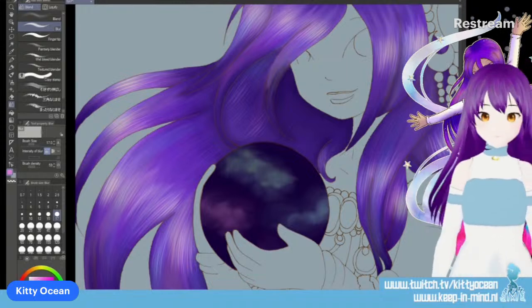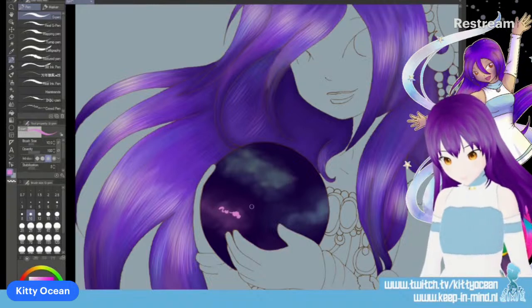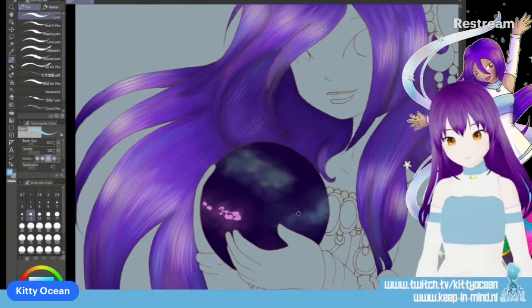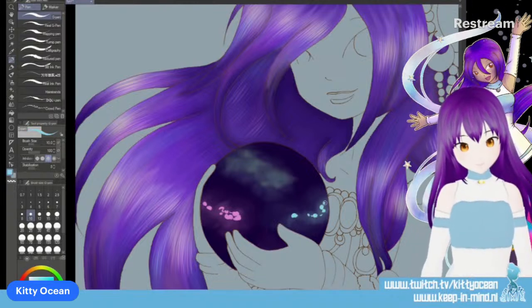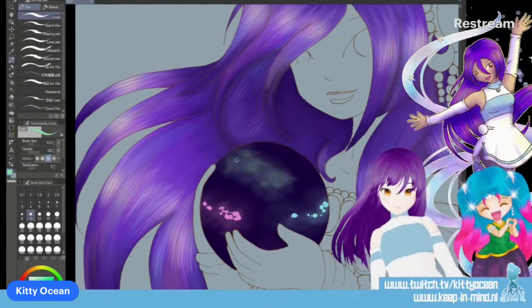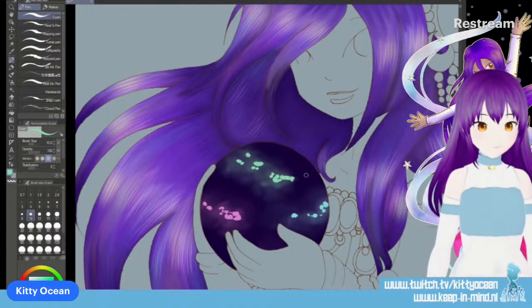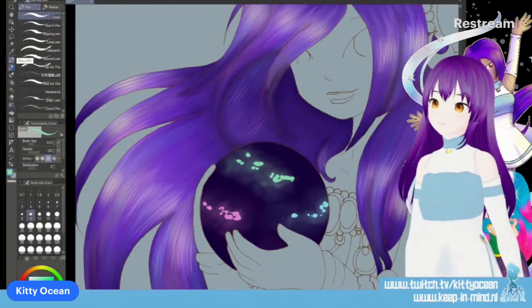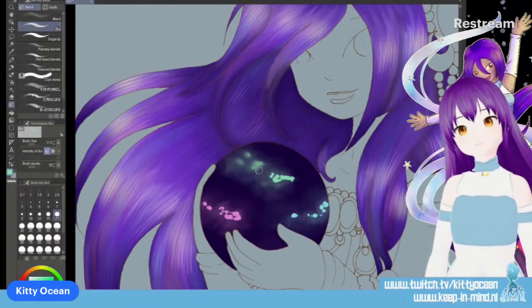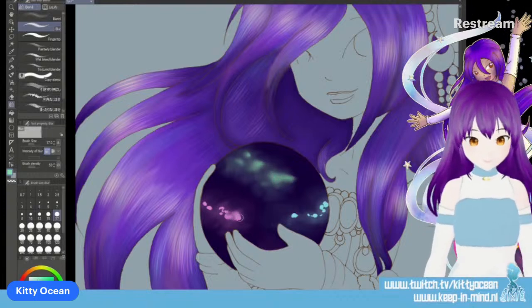New layer. And the blur. Still a bit too bright.